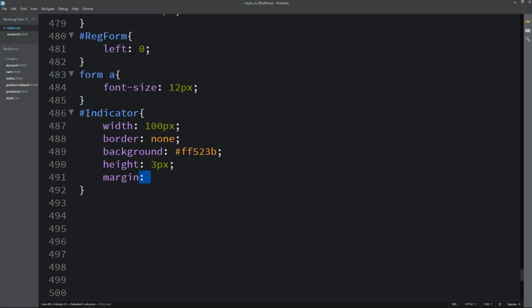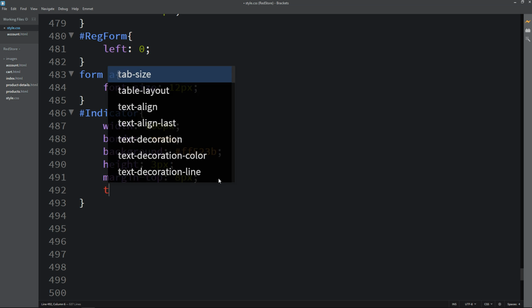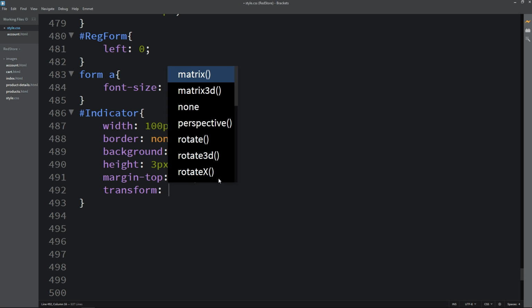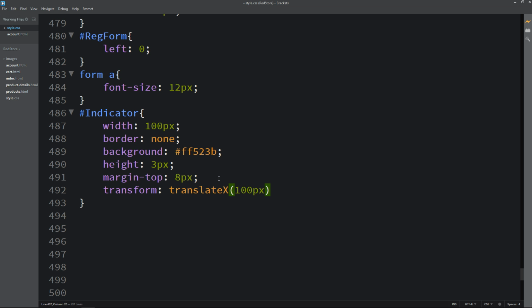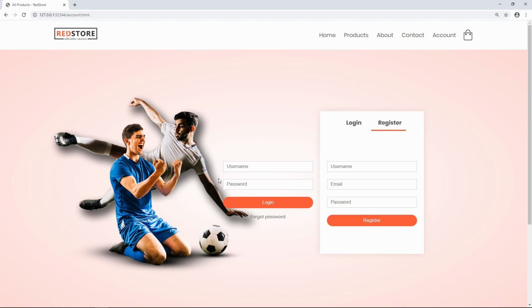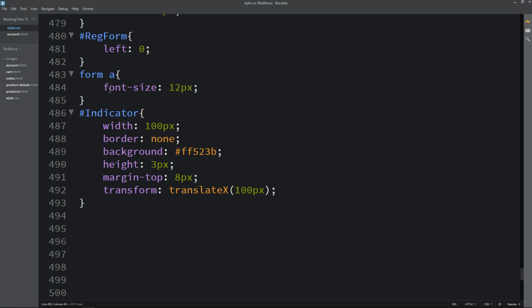Then margin from the top, it is 8 pixel, and transform translate X 100 pixel. Now you can see one bottom line for this register button, and we have this form here. So next we have to add click event, so it will change the position of login and registration form.